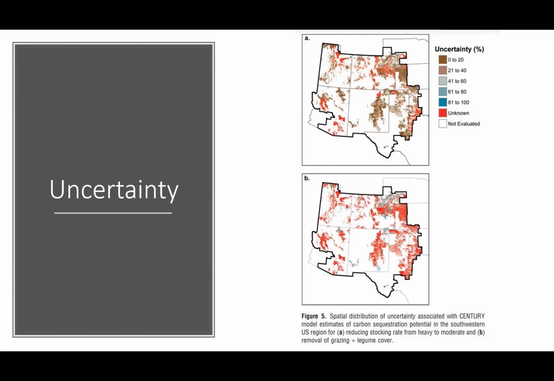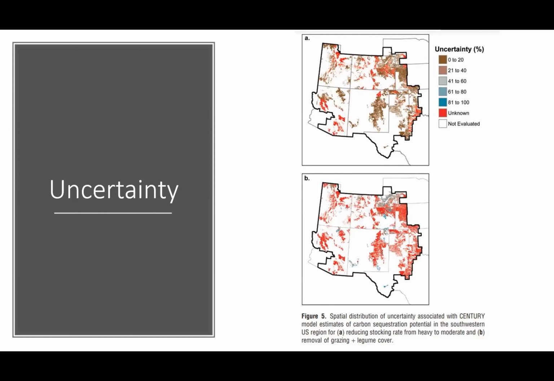It's a pretty linear relationship. When you reduce stocking rate, you reduce the number of animals out there, you reduce the amount of forage that they consume, so you actually leave more carbon on the ground. That's a pretty straightforward mathematical relationship,